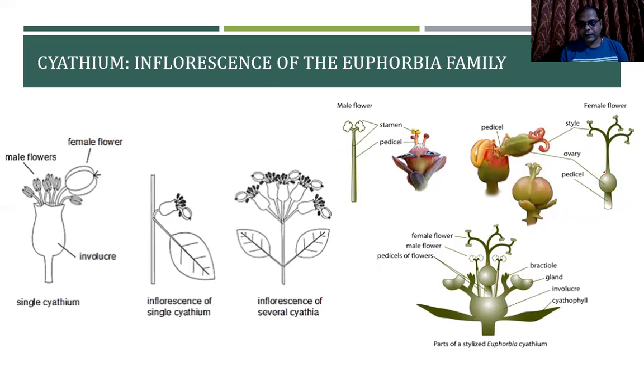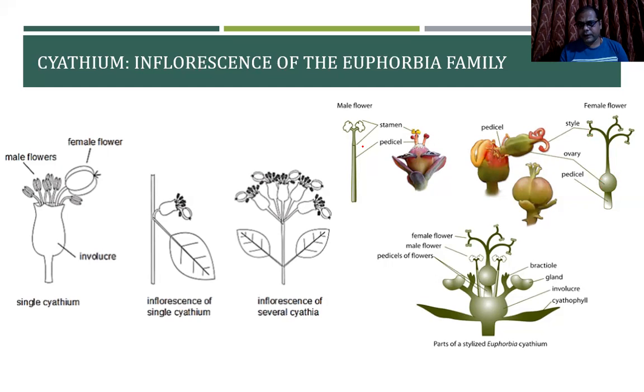Since this is a single flower, it will be originating with one pedicel. On the top of the pedicel we have got the ovary. That ovary is further terminating into a style,